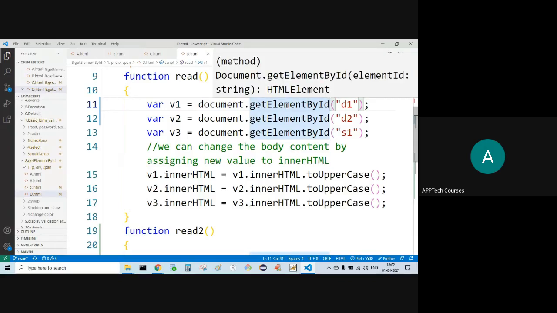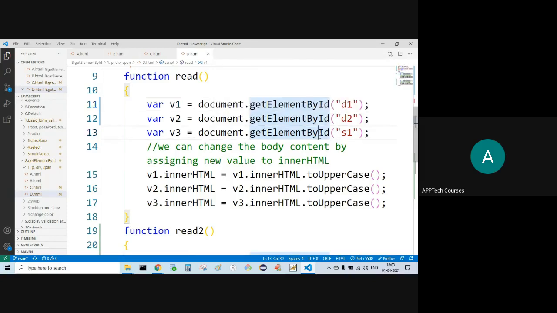JavaScript is case sensitive. HTML is case insensitive. It is not like HTML. It is a programming language, not a markup language. Set of rules are there. It should be exactly like this one.